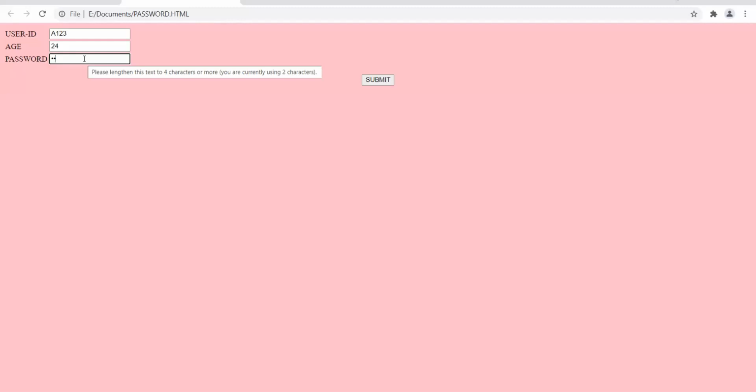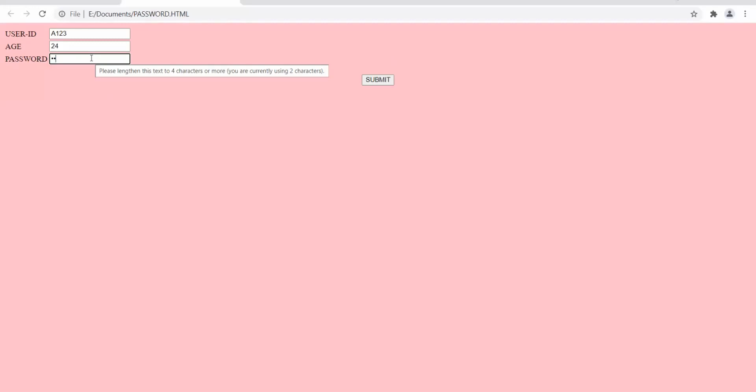Is the tooltip visible to everyone? Sayam, Gitanshu, Tanya, is the tooltip visible to you people? Read the message in the tooltip carefully. Please lengthen this text to 4 characters or more.